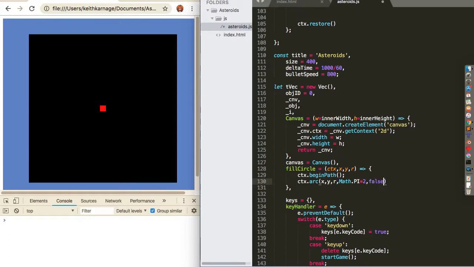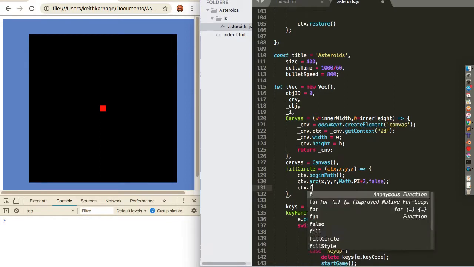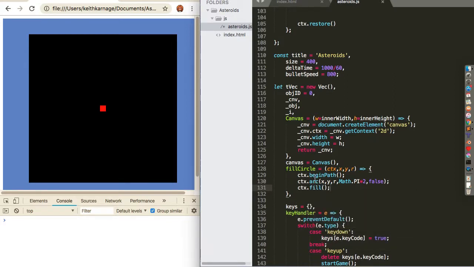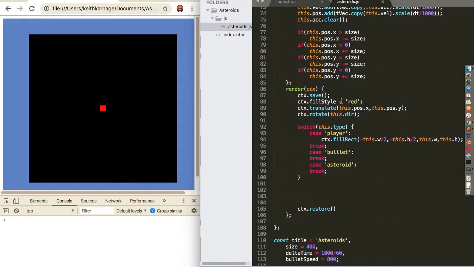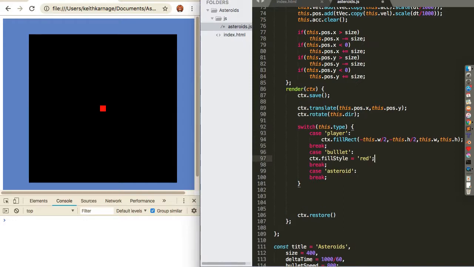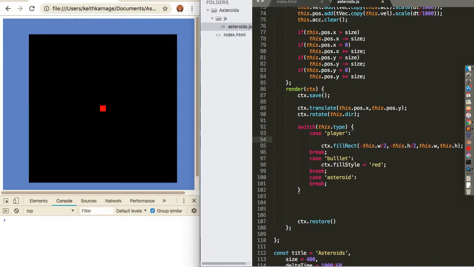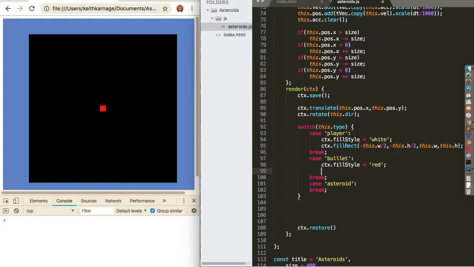And I believe false, because that one's asking whether it's going left to right or right to left, which doesn't matter because we're making a full circle. And then ctx.fill. So you'll have to set fill style before calling this, which is being done right here. Let's make our bullets red and our player white. ctx.fillStyle equals white. No. And then fill circle, ctx,